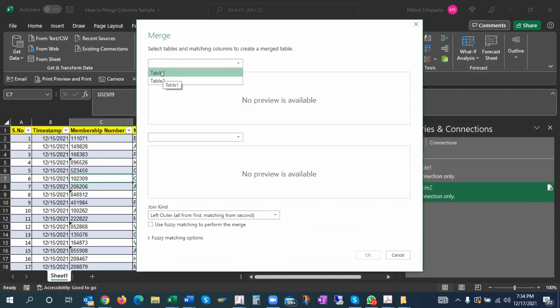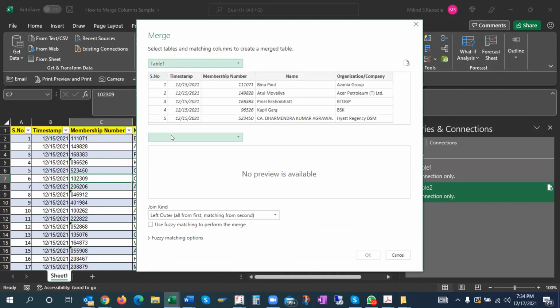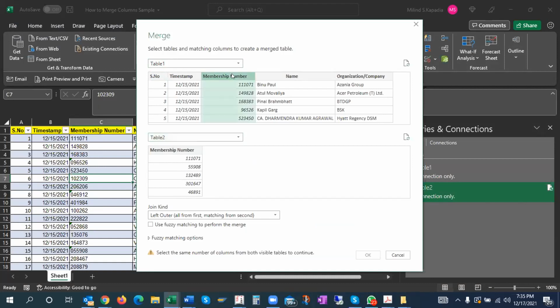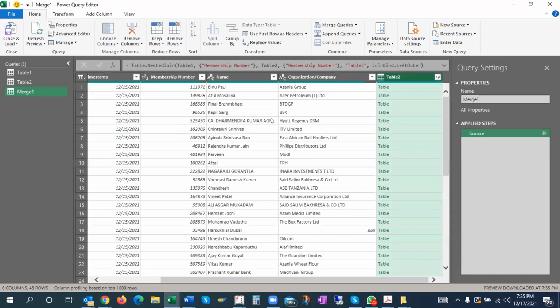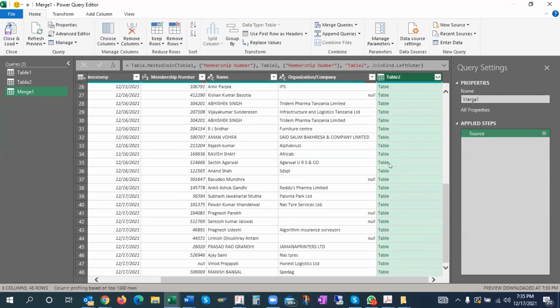So when I choose table 1 and table 2, I am interested only in 6. I have chosen first this one and this one. Since I want from table 2 only, this is left and this is right because I have selected this first and this second. So I want only right outer from these two. If I say I want left outer, see what happens. When I click OK, it gives other members also, which I don't want.